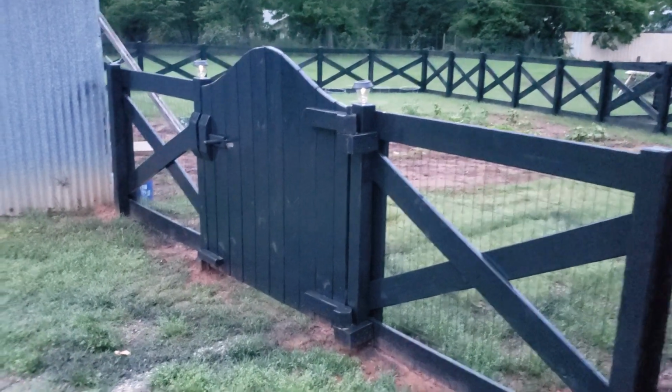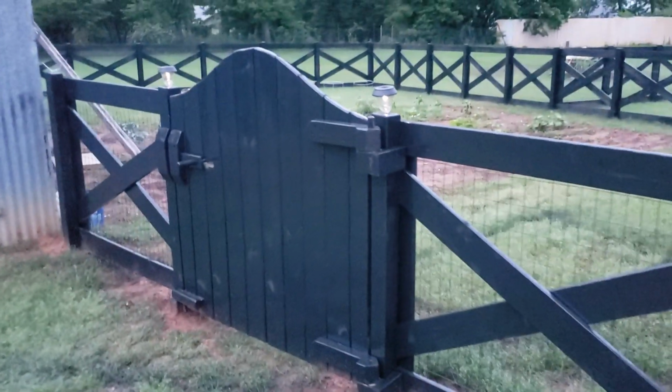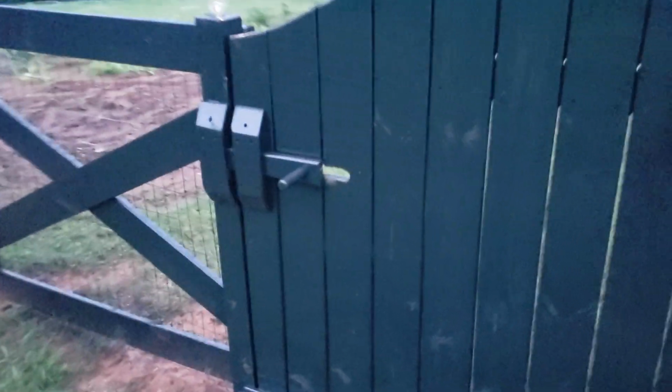Hey folks, here are a few gates that I made with different latches. This one's kind of a simple little pull latch. I made a little stop down here. I'll show you what that does here in a second, but